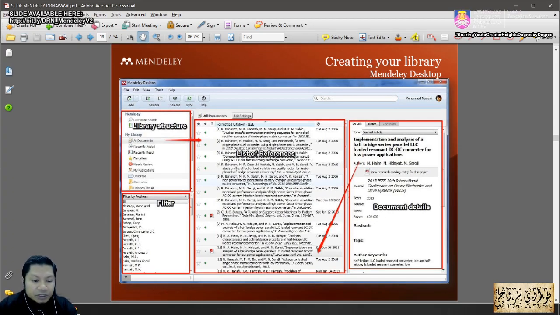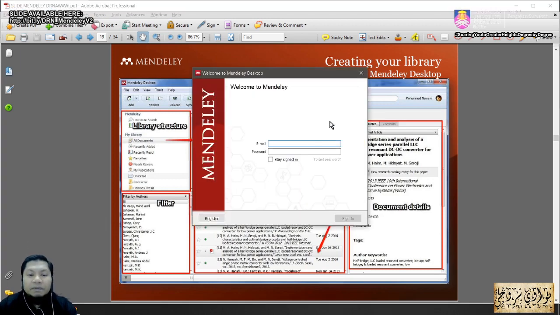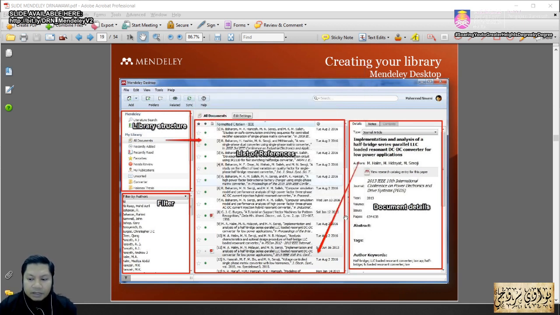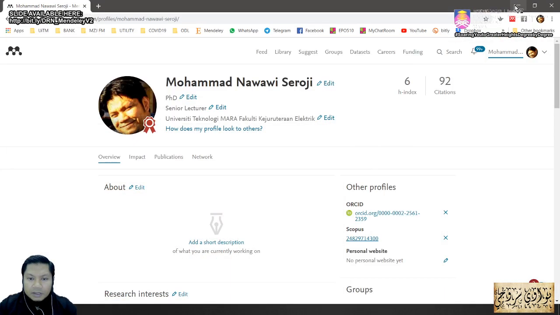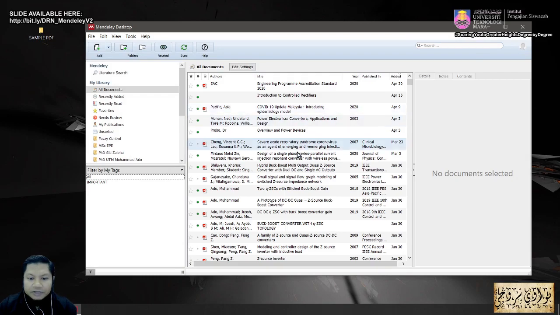Okay, so I'm going to show you the actual Mendeley Desktop. I'm going to log into my actual account. I have a dummy version, and this is the actual account. And you have to make sure that you have the internet connection. Okay, there you are, right? So once you successfully log into your Mendeley Desktop,